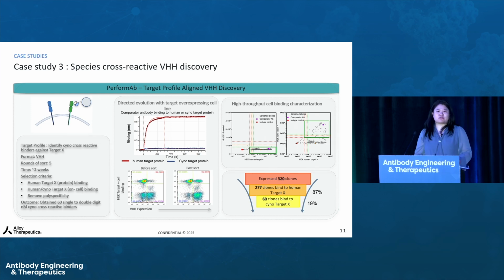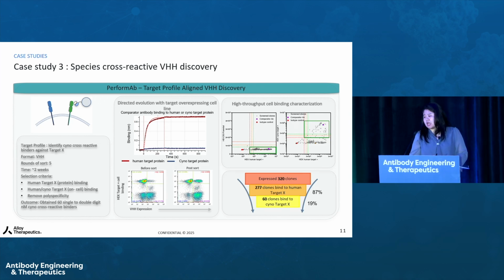So that was a huge red flag at the beginning of the project, and we immediately recognized, whoops, we can't actually use cyno protein to do our selections. So we pivoted in the middle of the project after we sorted against the human protein. We utilized the cyno expressing cells that would help us to finalize and narrow down the binders that are both human and cyno cross-reactive. So again, at the bottom of the middle panel, you will see on the left